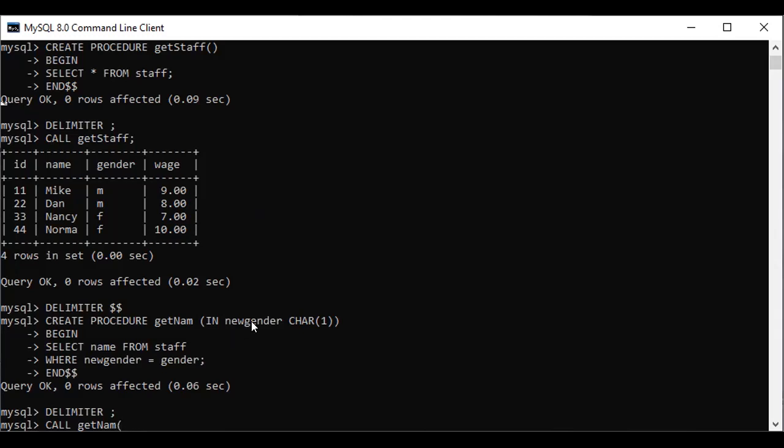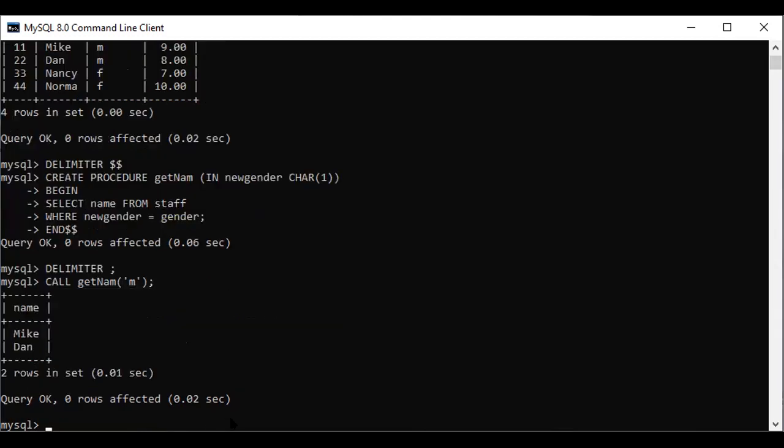Now we have a parameter, new gender. I already told you it resembles gender. So from gender, whatever we want we can give here. M denotes male, F denotes female. If you want the male names, then it should be denoted by single quotes, because this is a char. Okay, now semicolon and enter.